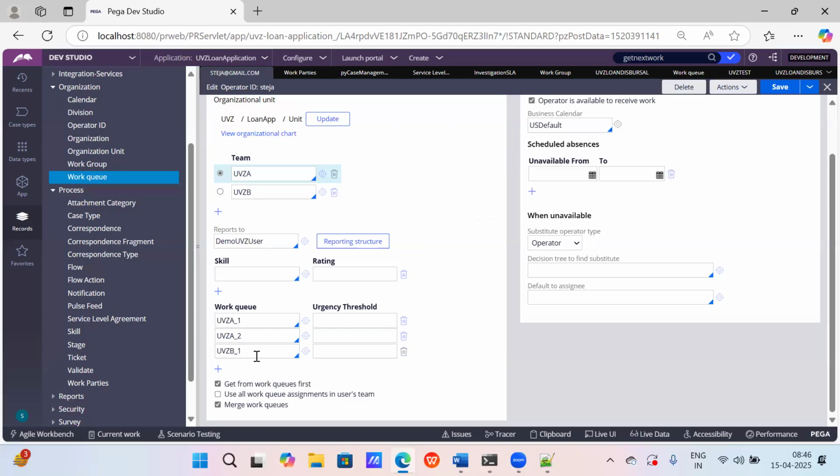Now, tell me, the entire thing remains same. The first thing, if I disable this checkbox, what happens? The entire configuration that you see will remain same. Now let's understand what happens if no checkbox is selected. Now it will go to the work list, right? If I didn't select this option, it says go and hit the work list first, right?